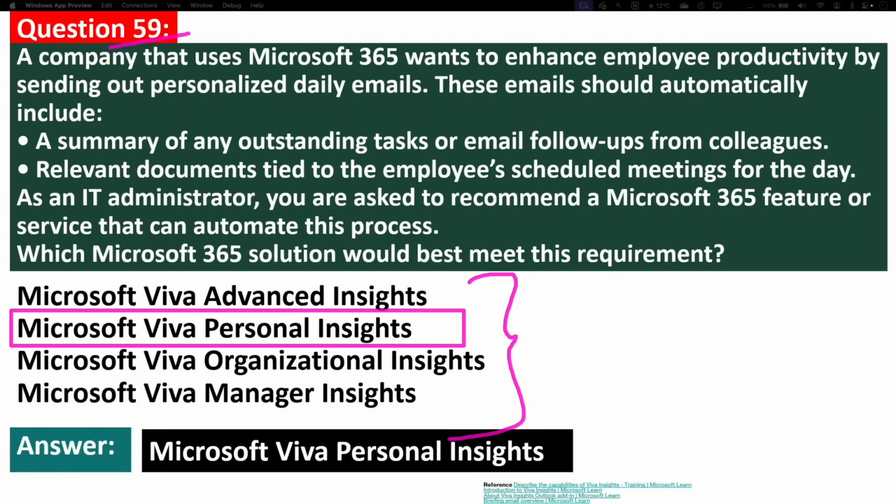In simple terms, Viva Personal Insights gives you private, personalized recommendations based on your work patterns, like how much time you spend in meetings, how often you focus without interruptions, or whether you are regularly taking breaks. It uses data from tools like Outlook, Teams, and OneDrive to help you work smarter and maintain a